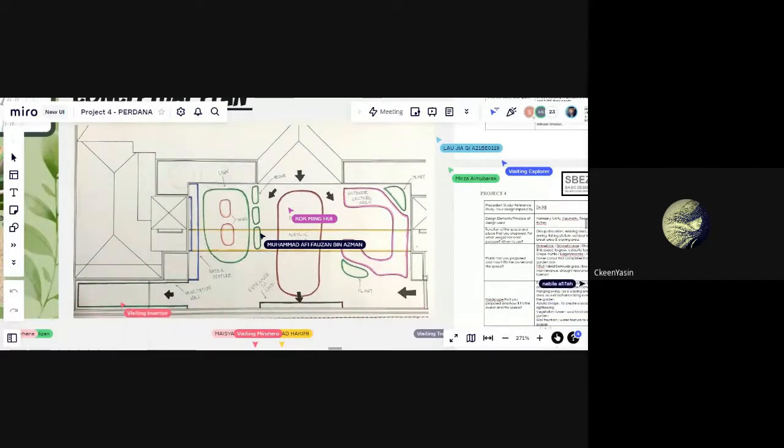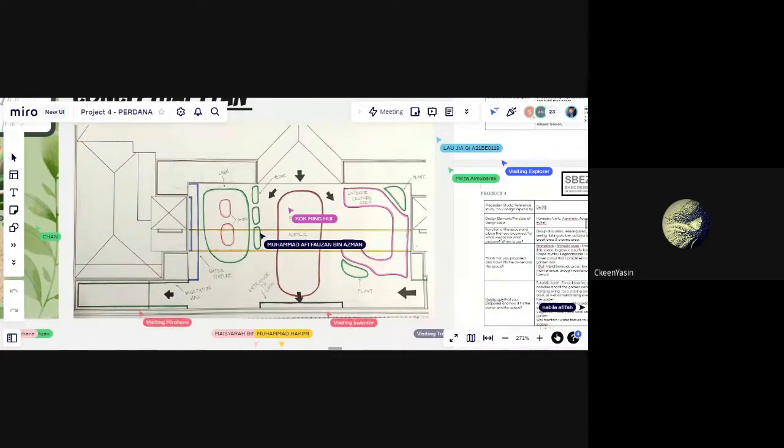Maksudnya, in terms of, kalau ada bomber access and whatsoever, this is the bomber access kalau ada berlaku kebakaran. So you have to think of that as well. Memang sekarang tak fikir lagi, baru bubble, but I have to tell you in the beginning so that you need to consider that this becomes a bomber access. Bomber access means you have to make it free from